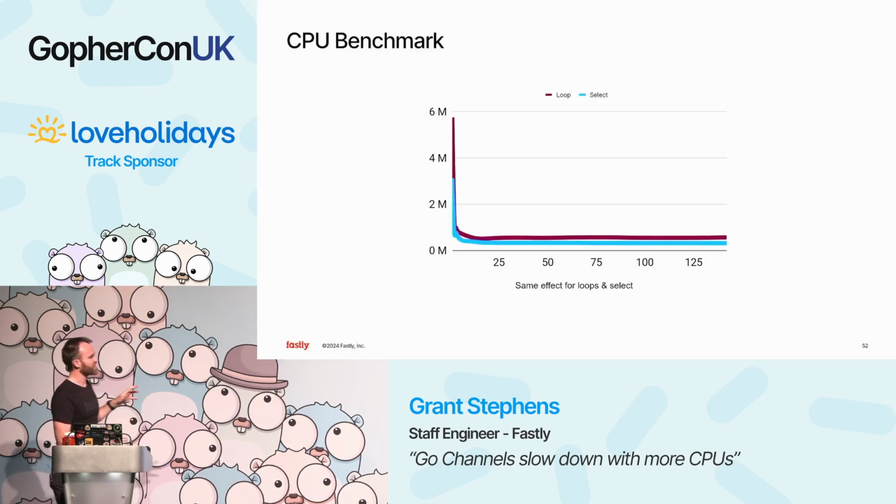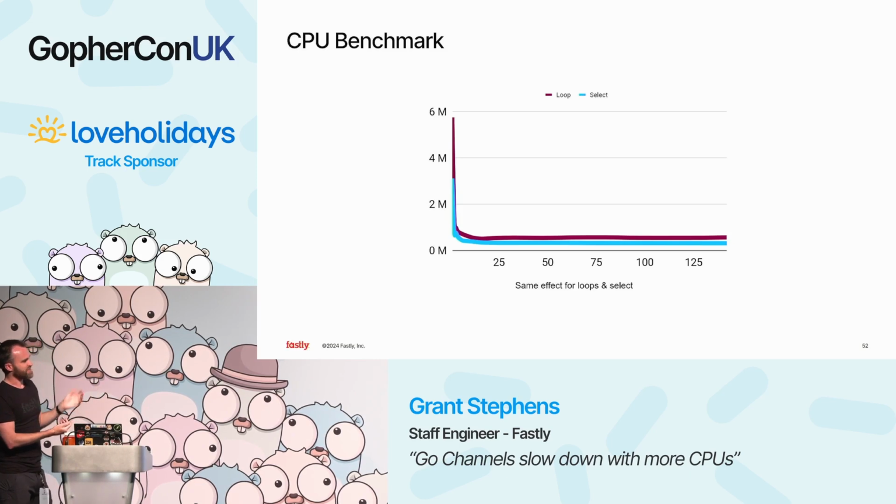If we put those both on the graph, you can see that a similar thing happens. We have the loop one starts at 6, the select one starts at 3. If we can just talk about that for a second. So basically what's happening is that the loop only has 1 channel to check, whereas the select has at least 2, because you're checking, like, am I reading off the channel or am I reading the close statement? And so that's why it's basically half the speed, is that you need to do 2 things that you need to check each time it loops around.